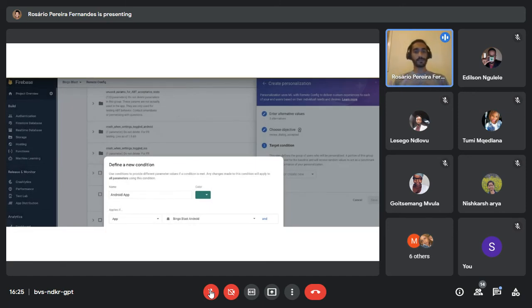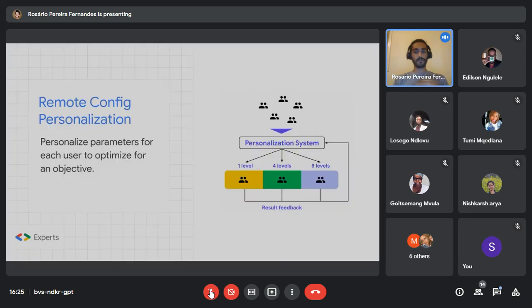This is also similar to what we did in A/B testing. You just select your Android app and you can save and publish your personalization. So once you do that, as you can see in this picture, the personalization system is gonna split. It's gonna send different parameters to each user.